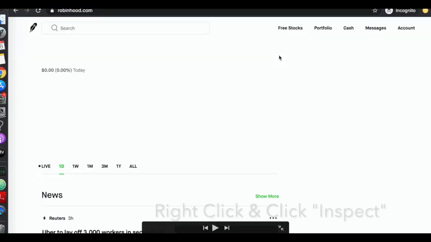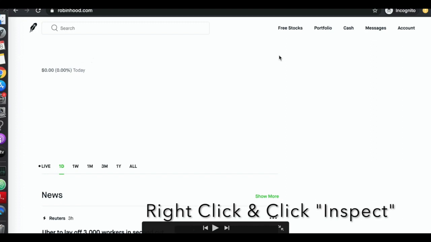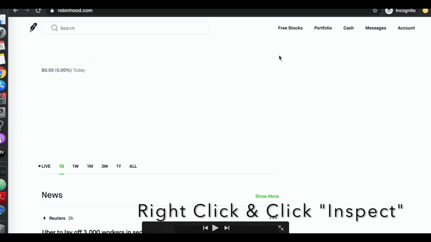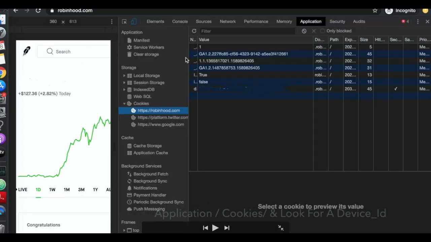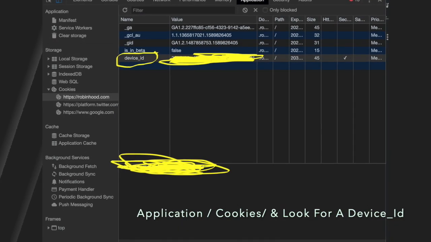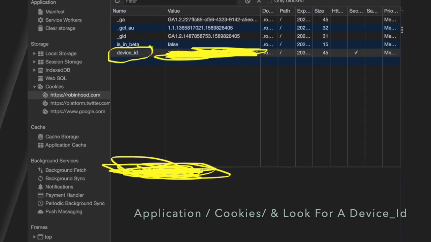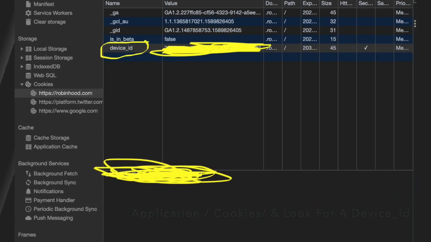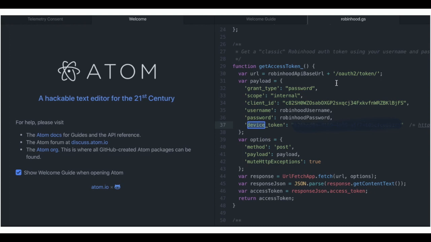So now, what you're going to do, don't want you to see those numbers. You're going to hit the inspector tool, and we're going to go into application, cookies, and we're going to come down and grab this device ID down here. So you're going to copy this,